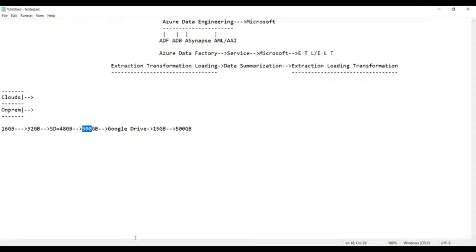Now, one fine day you lost it. Tell me now, can you recover the 16 GB of memory? No, we cannot. Can you recover this 32 GB of memory? No. Can you recover this 500 GB of memory? Yes. Whenever you store the data in Google Drive, if you lose your mobile phone,